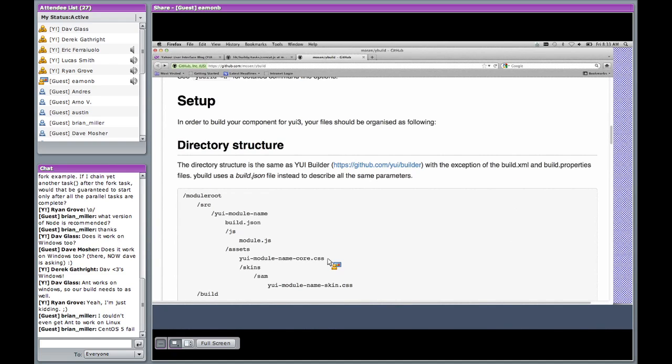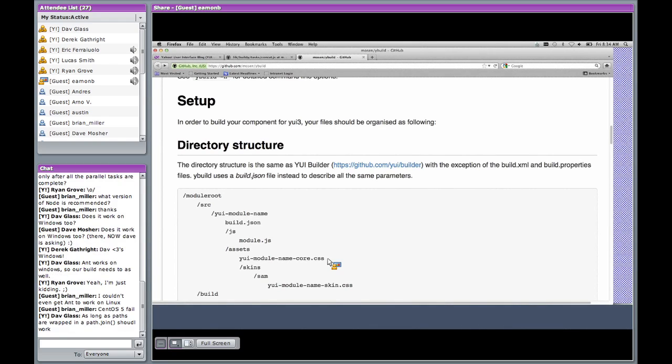All of the file system APIs that are being used are from the FS module. So unless there's something in Node's FS module that doesn't work on Windows, I'm not aware of anything. It should be fine. But I'll definitely make sure that it works on Windows.